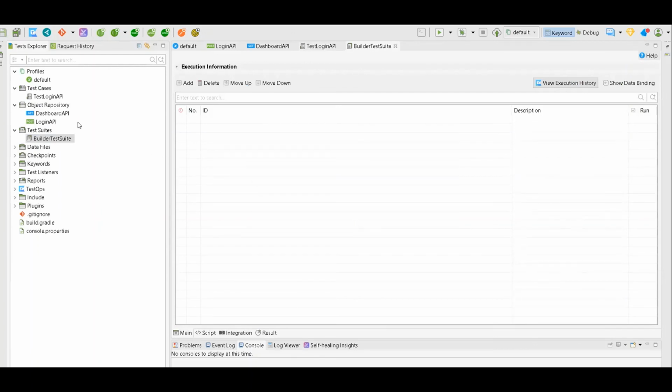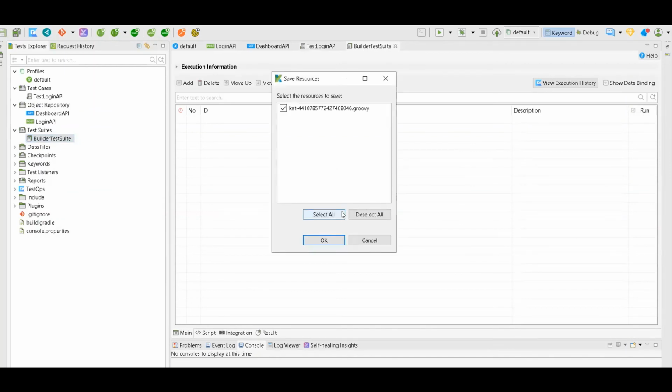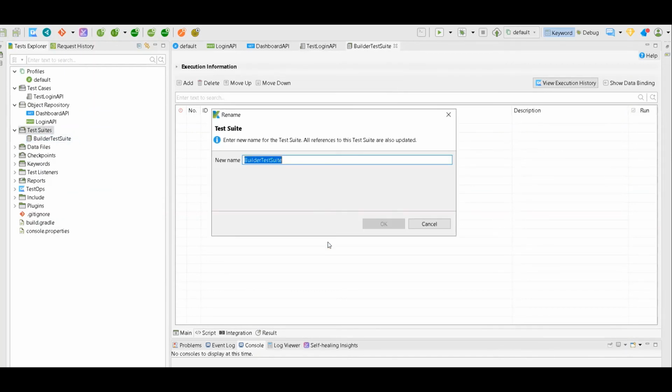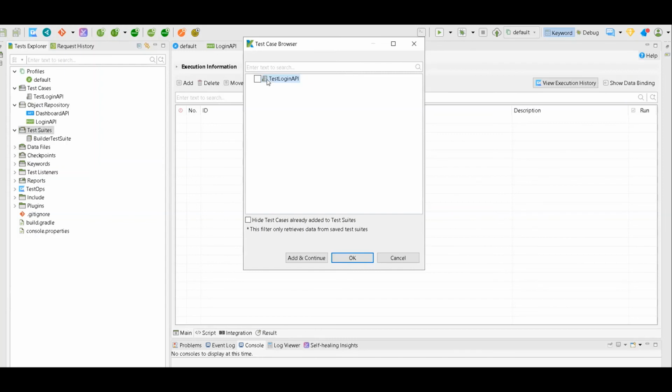Okay, and here once you name it builder test suite, you can add your test cases by clicking on add.